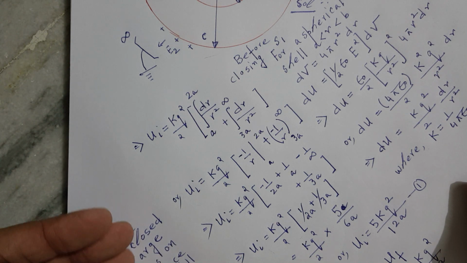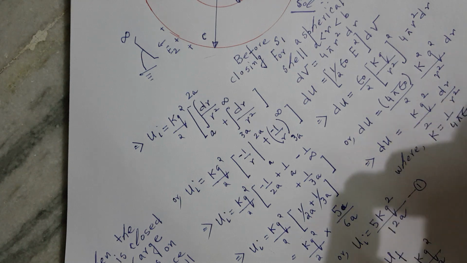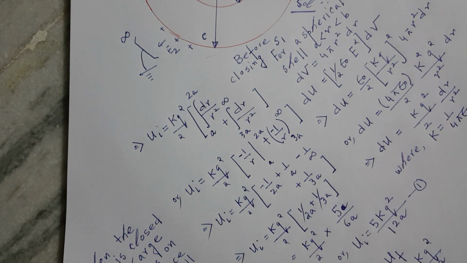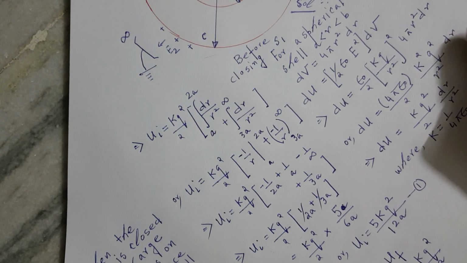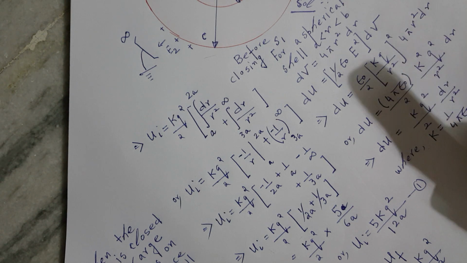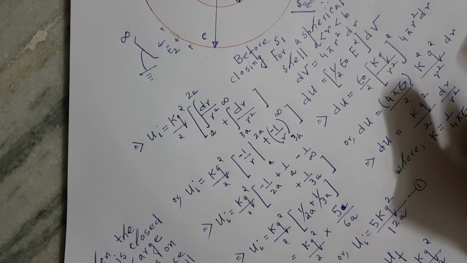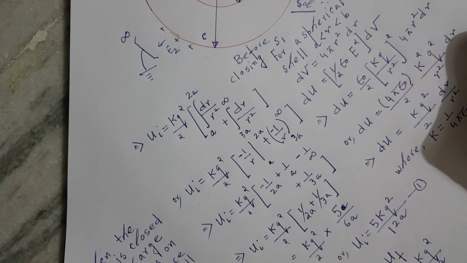So when the capacitance increases, what happens? Because of the increase in capacitance, as the total charge is constant, and as energy is q square by 2c, therefore, as q is constant and c increases in the final case when you close the switch, the electrostatic energy of the system decreases and the change is dissipated to the surrounding in the form of